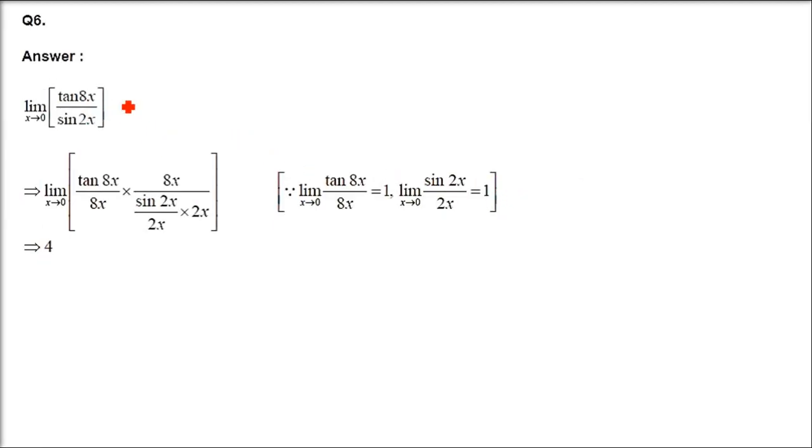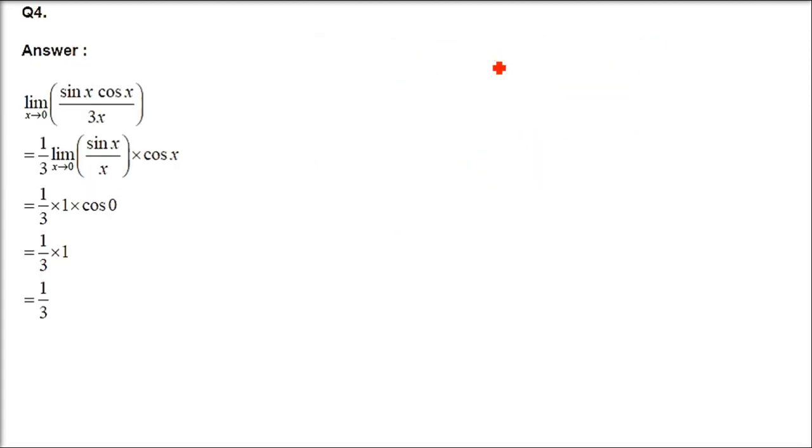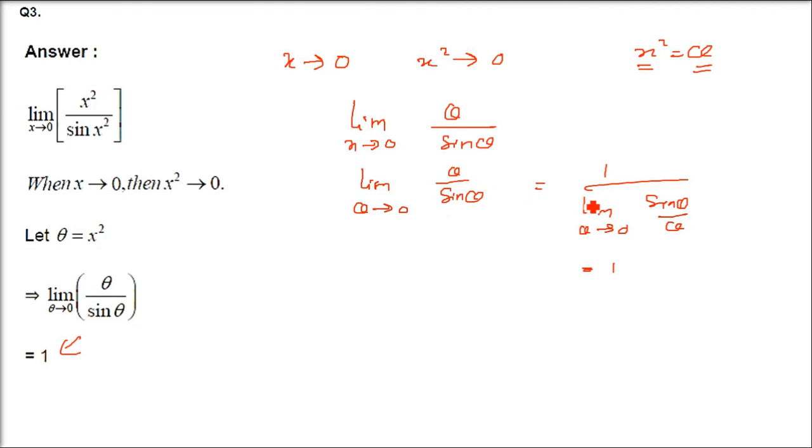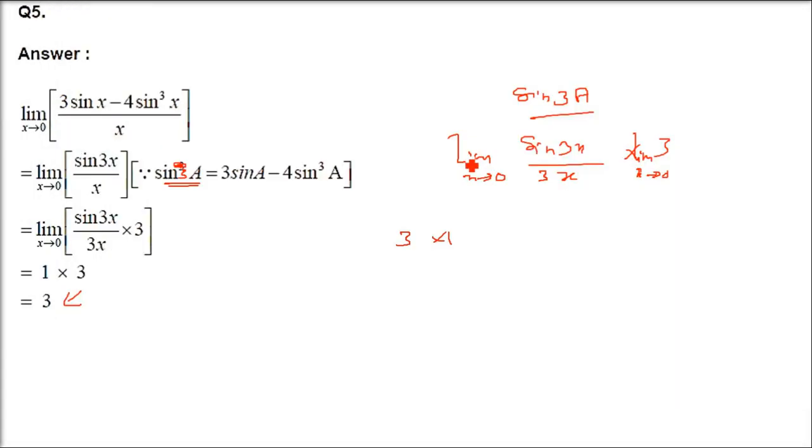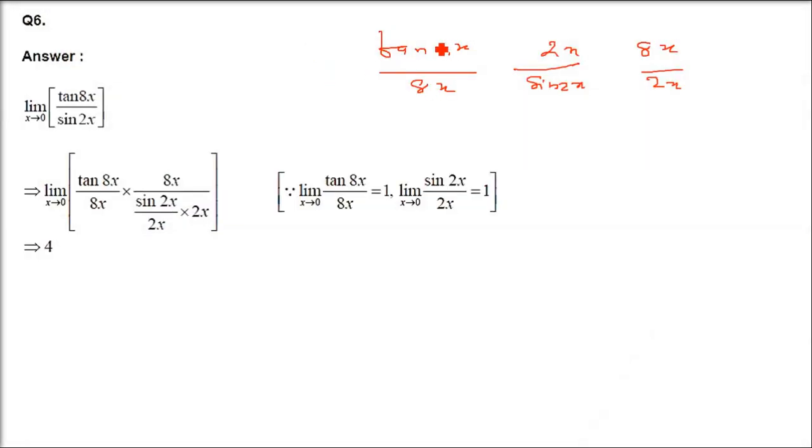In order to get this, we need to have 8x. So tan 8x, so in the denominator you need 8x. So somewhere multiply the numerator by 8x. Now we have this sin 2x. The numerator is multiplied by 2x, so the denominator also you have 2x. In the previous question also I showed you this theta by sin theta. You can just keep it like 1 by sin theta by theta. Theta is going to be 1. It doesn't affect here because it is only 1.